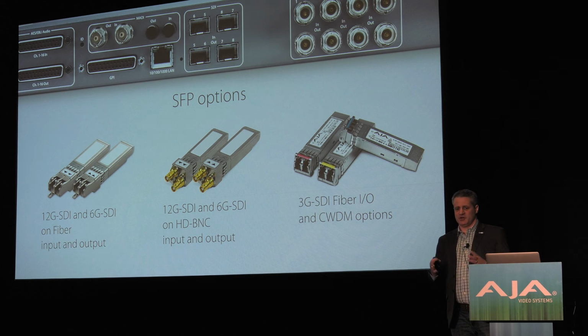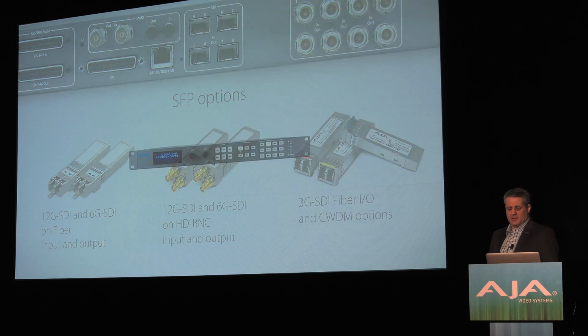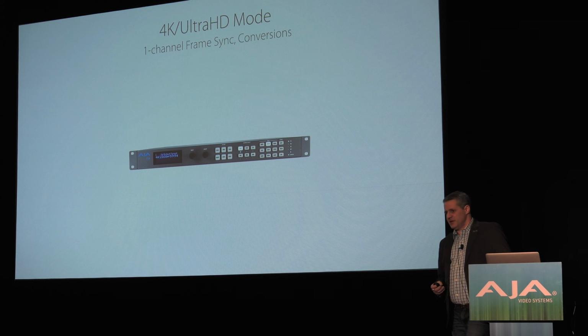You don't necessarily have to charge people for things they don't need. Make it a bit modular, and if they do need that connectivity, it's available to them. So let's look at how the box works. In one channel mode, in this 4K mode,